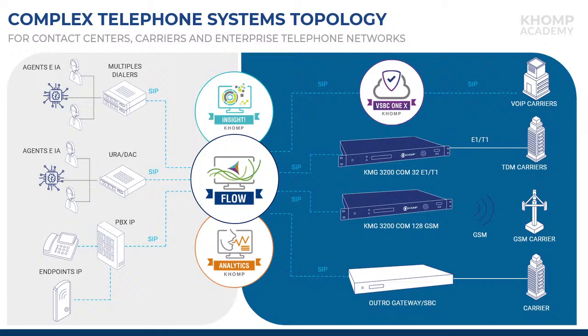Even if they use different protocols, for example, here you have a gateway that uses TDM, and you have a gateway that uses GSM, the flow only speaks SIP, but it can collect information about the TDM hangup causes given by this gateway. So if you understand a little more, this is a little more technical. If you understand how TDM signaling works, you will see that